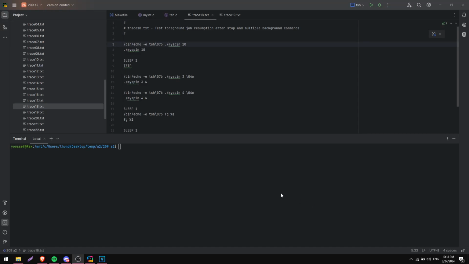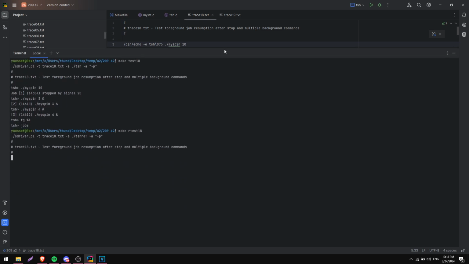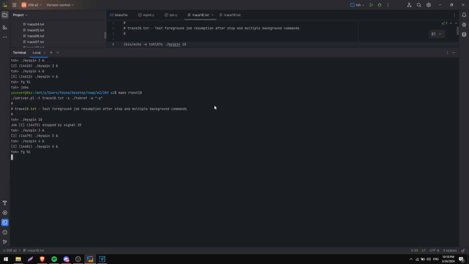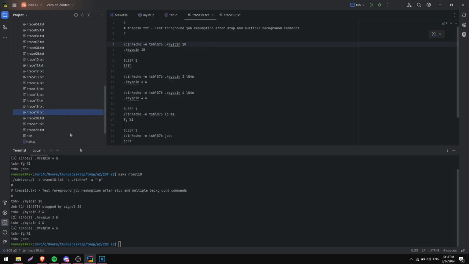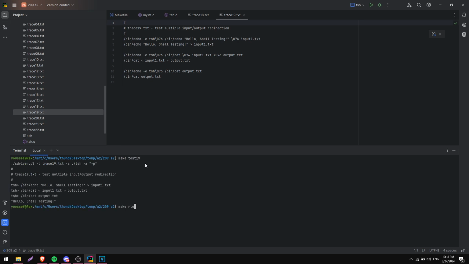We also implemented a few of our own tests. For the first one here, we check if foreground jobs can resume after stopping and having multiple background commands run. And for reference, the second test we implemented checks that multiple input and output redirections can happen together. And for reference,